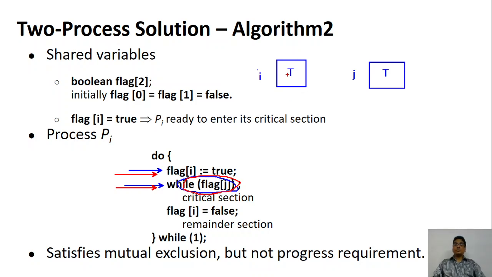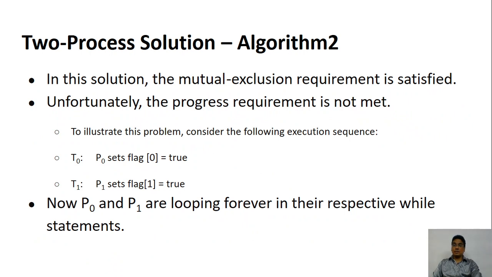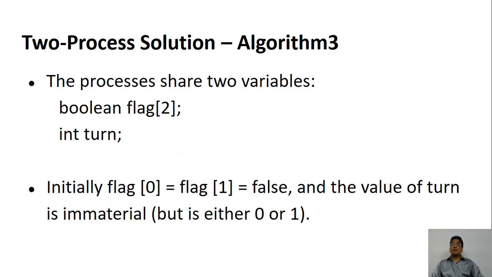So both are true, and both are being good. If you have only good people on earth, this is going to happen. The first process says let J continue, the second process says let I continue. The first says no, you continue, and J says no, you continue. Both are saying the other should continue, and neither is doing anything. So there is no progress in that case, which is what I have shown here. This stops both processes from entering the critical section.